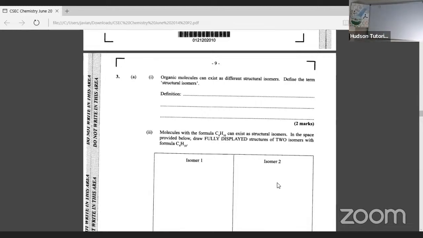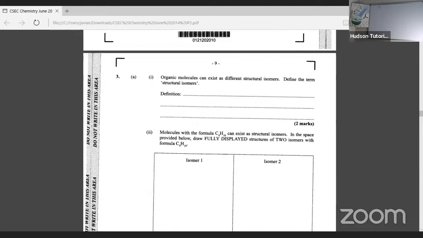Organic molecules can exist as structural isomers. Define the term structural isomer. What's a structural isomer? Anybody know? Someone, somebody? Of course, an isomer is a substance that contains the same molecular formula, but a different